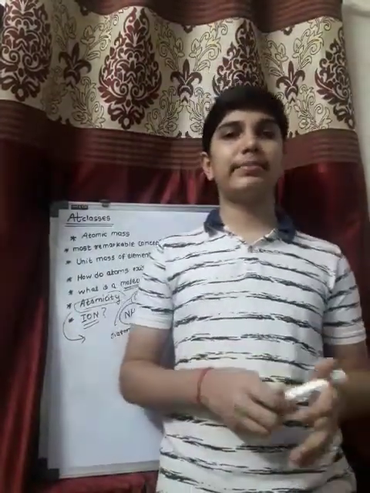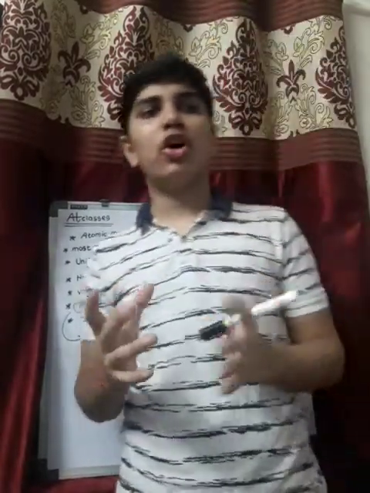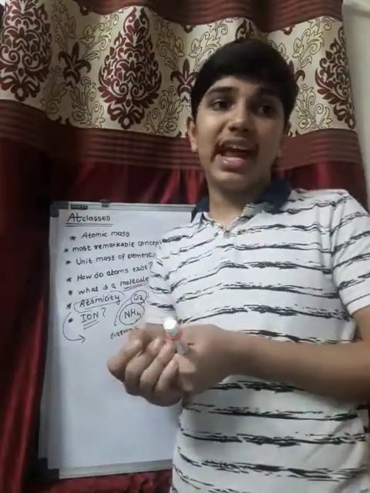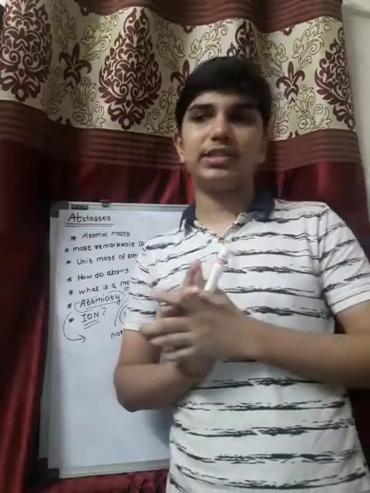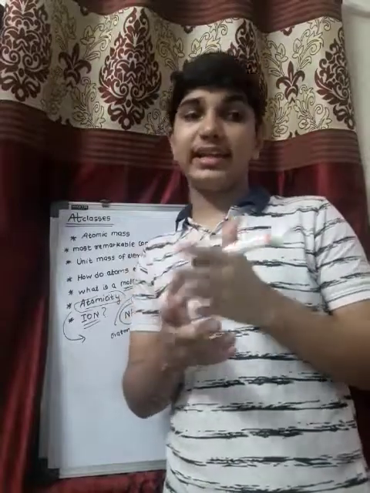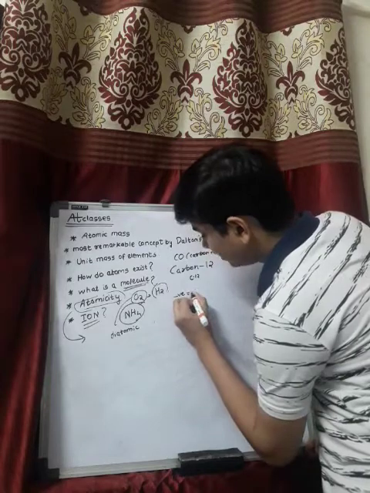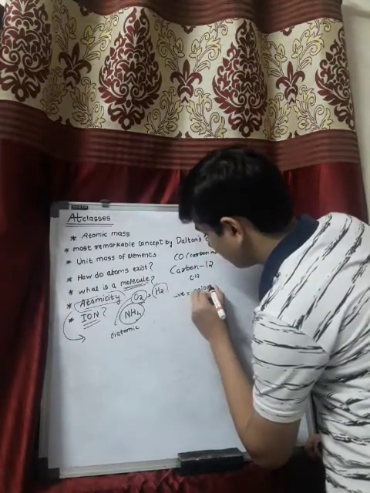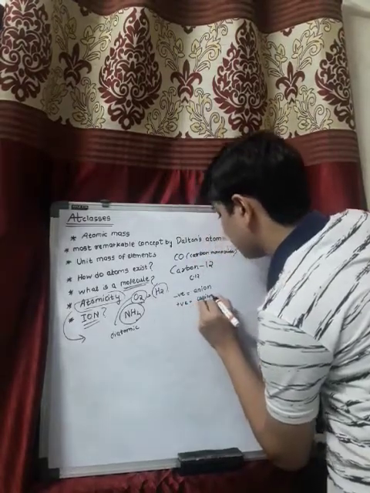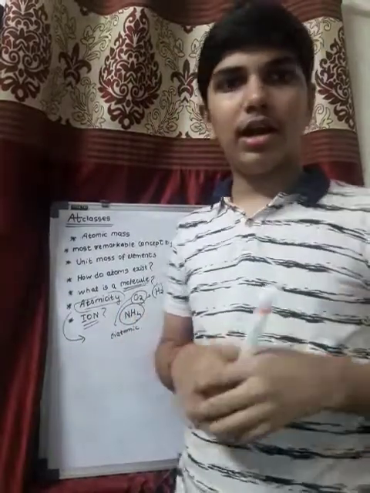Now these ions may consist of a single charged atom or a group of atoms, and they have a net charge on them, right? These ions can be negatively or positively charged. Now these negatively charged ions, see, I will show you. Negative means an anion and positive means a cation, right? So these were about ions.